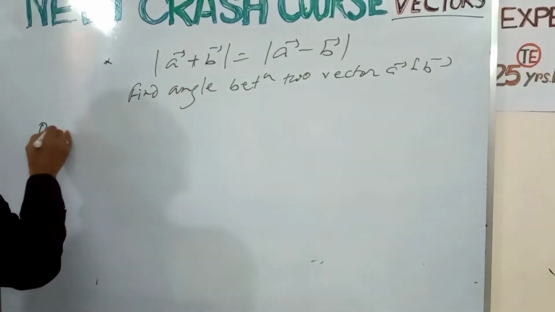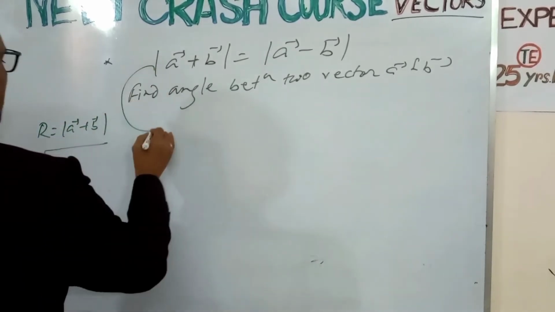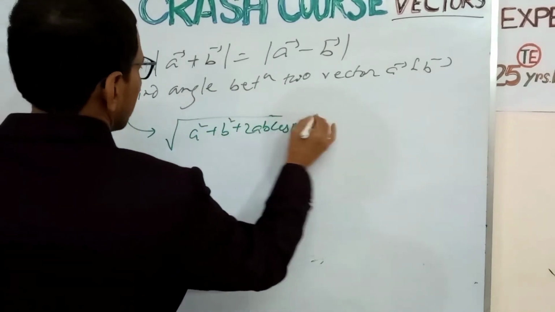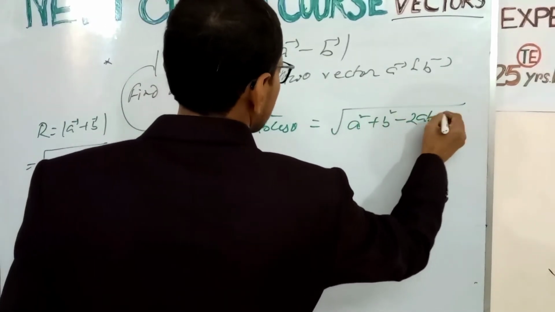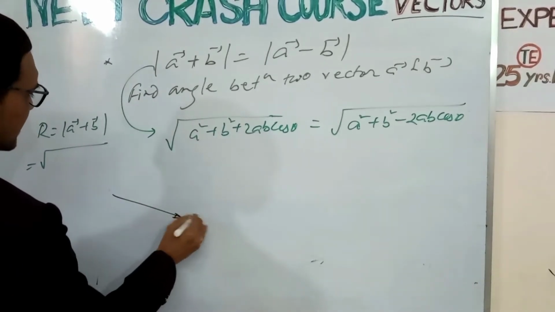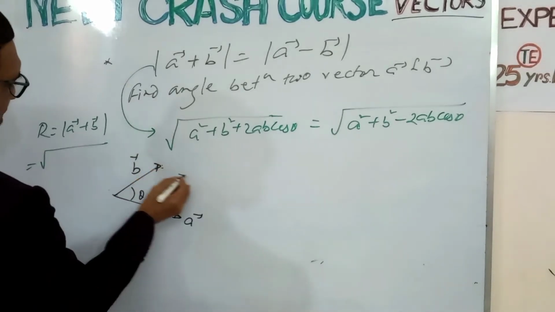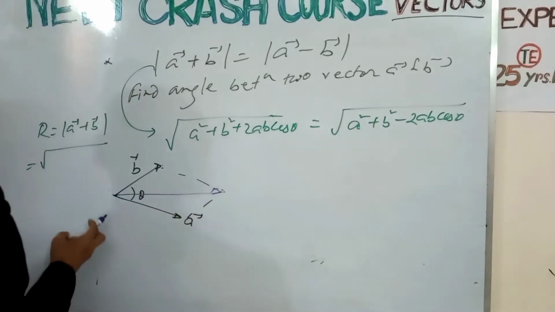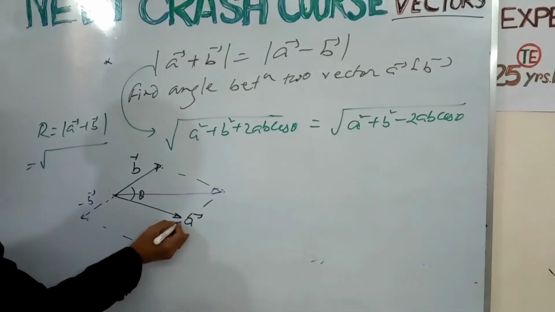Now the resultant R equals mod of a plus b. The formula becomes this. I have written this formula, and the formula of a minus b equals this. If two vectors, suppose this is vector a and this is vector b, and the angle between them is theta, then a plus b will be this vector, and a minus b, what is minus b? This is the minus b, and a minus b,